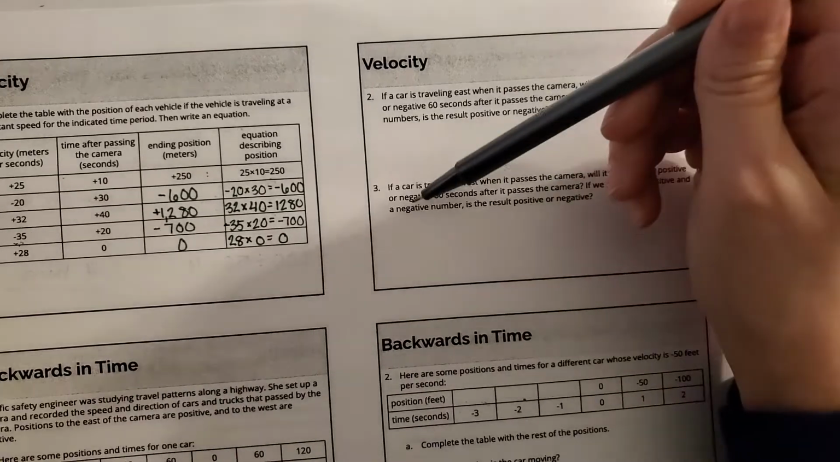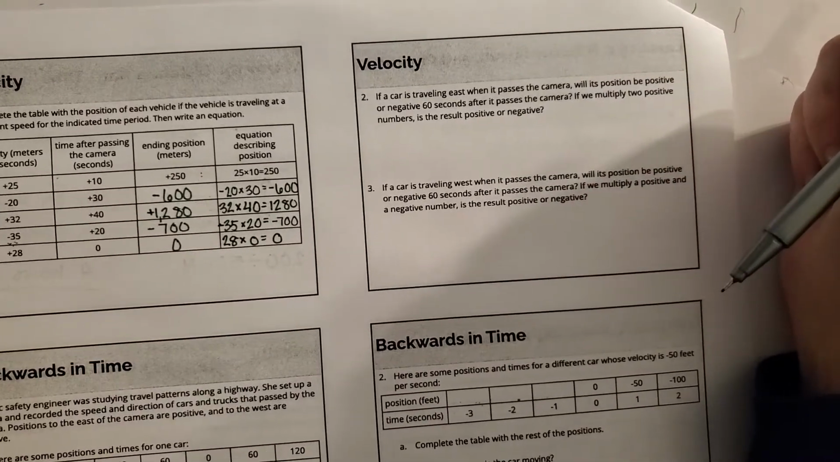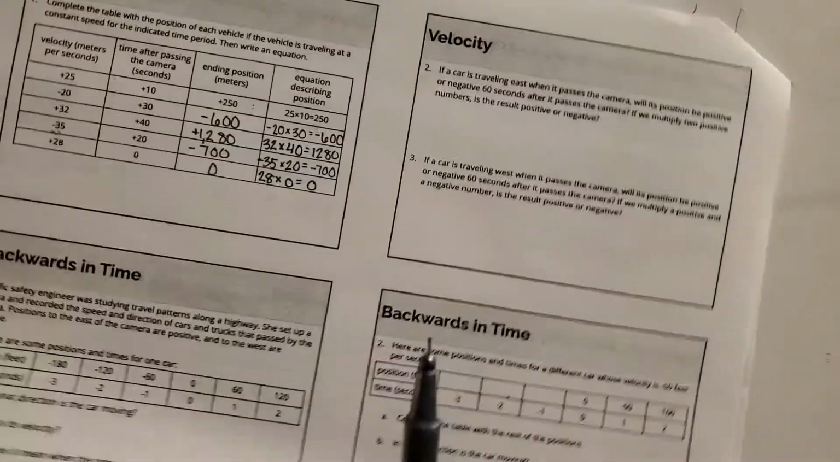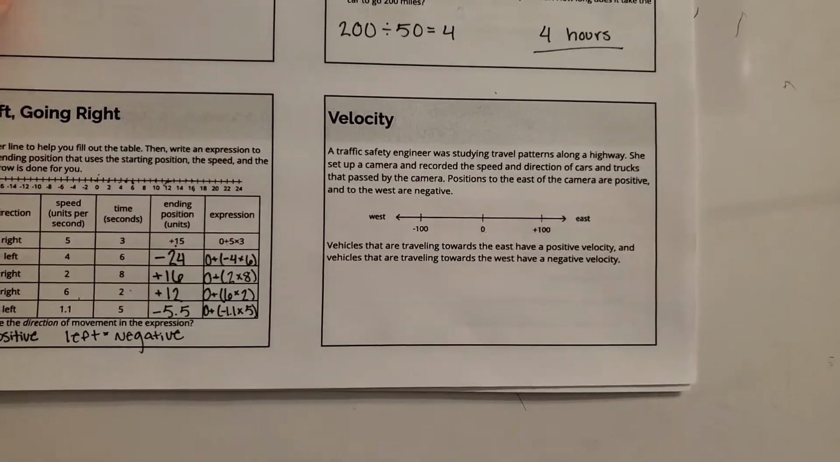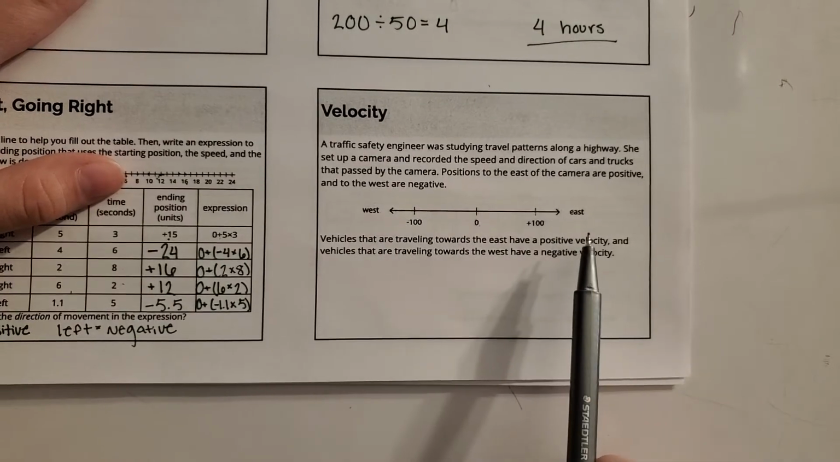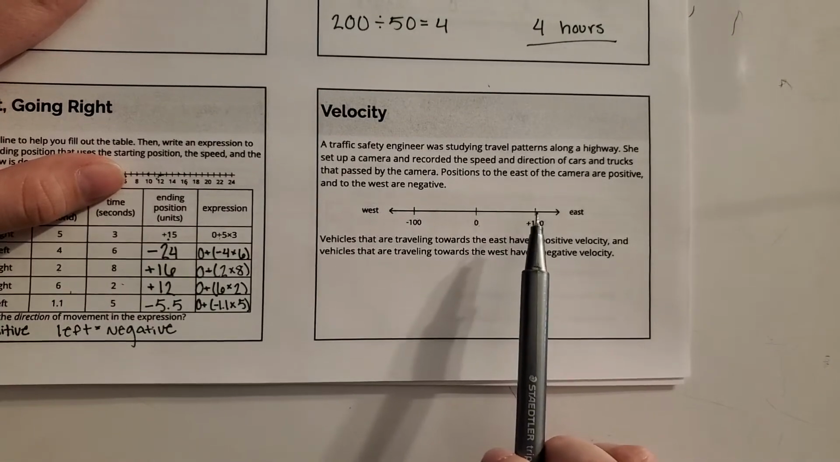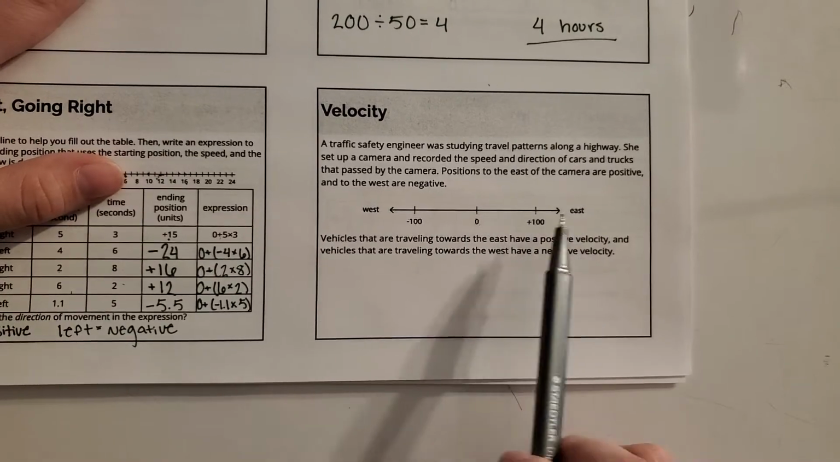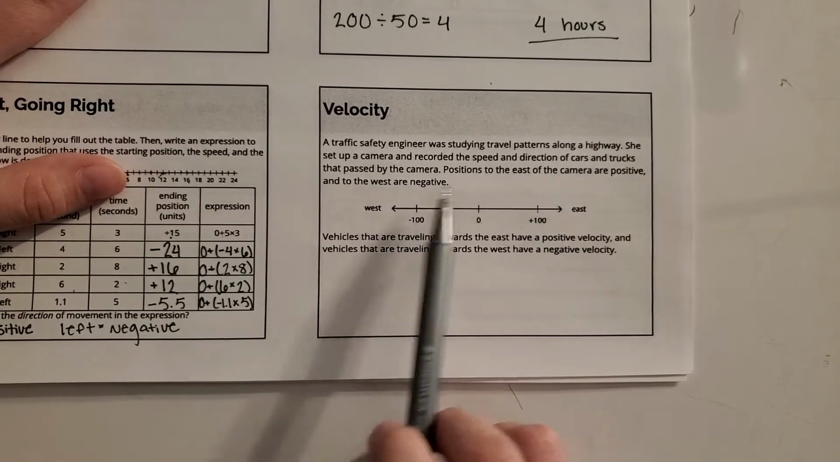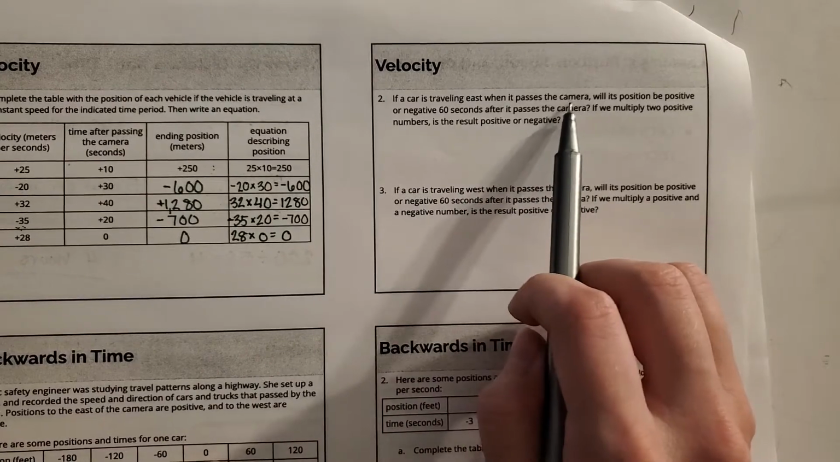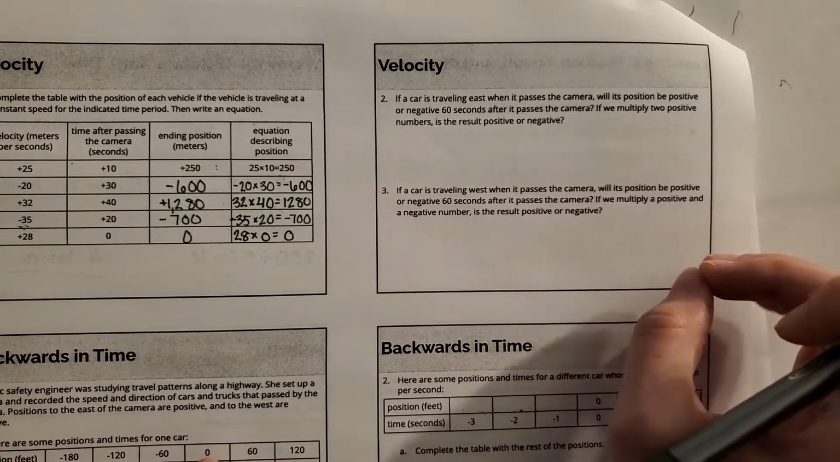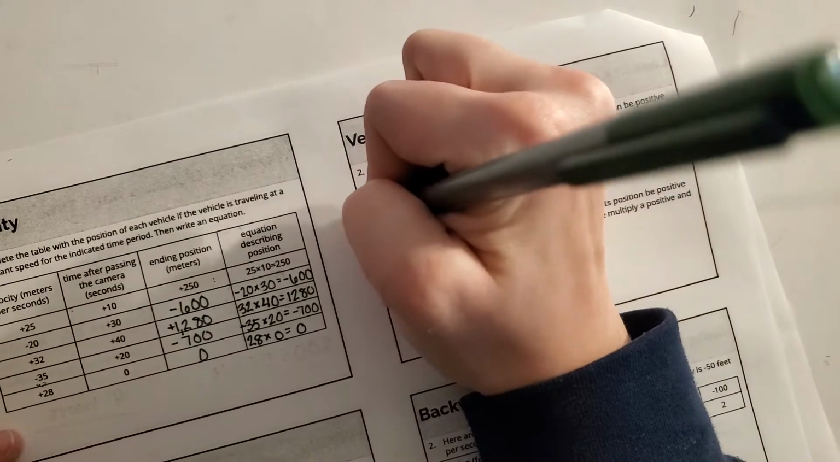If we multiply a positive and a negative number, is the result positive or negative? So remember, going back to this, if we are moving towards the east, that means we started at the west and we worked our way east into positive numbers. If we are moving west, that means we started in positive numbers and we worked our way towards the negative. If a car is traveling east, that means we are going to end in a positive number. So, moving east